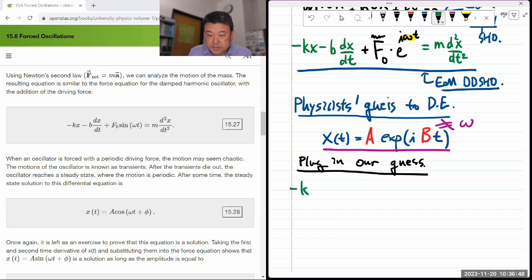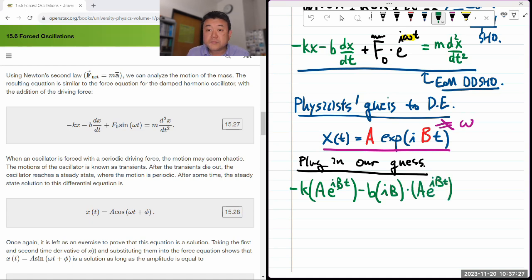We have minus kx, that's that whole expression, A e to the i b t, minus b, the first derivative. Since the derivatives are easy enough, I'm just going to do them as I go. When I take the derivative of an exponential, I get the derivative from the chain rule. I have to multiply by the derivative of the inside, so I get a factor of ib coming out from the chain rule times the original function that hasn't changed, i b A times e to the i b t, and we have